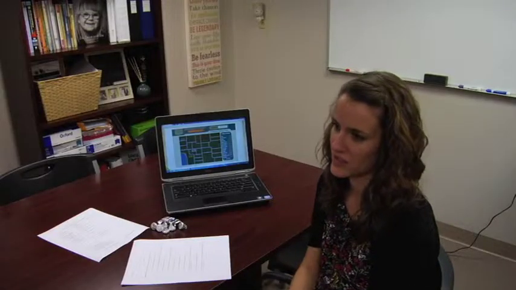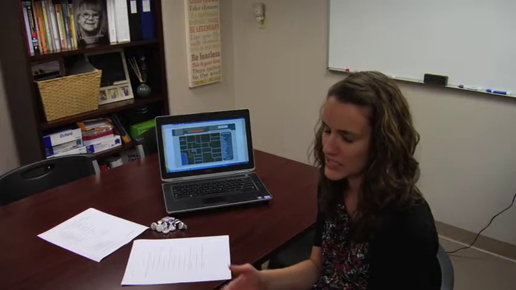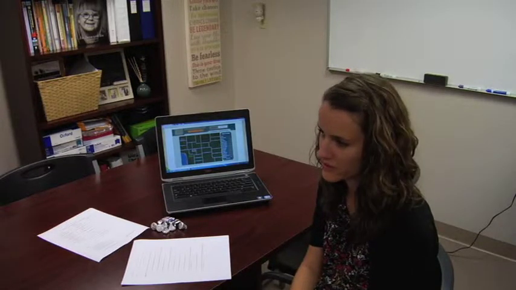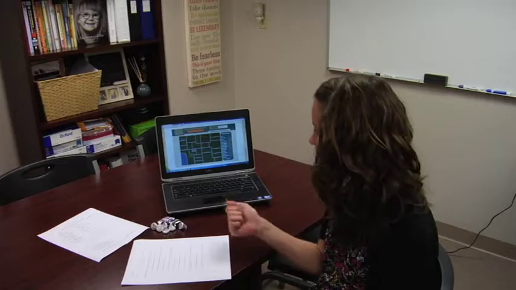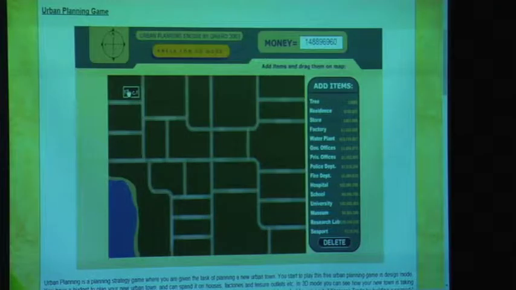After we do the direct instruction, which is my time to just lay out the information, we do a section on guided practice, which is where we can all come together and we can practice and synthesize and process the information together. So for our activity today, we did an urban planning game online where each student was